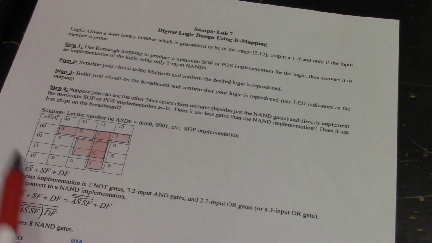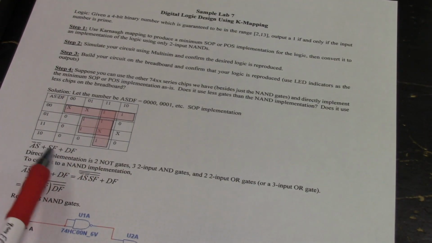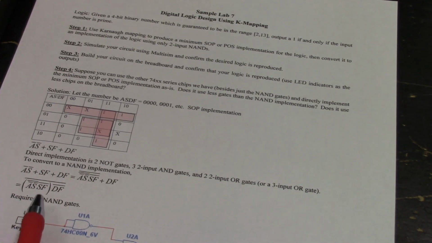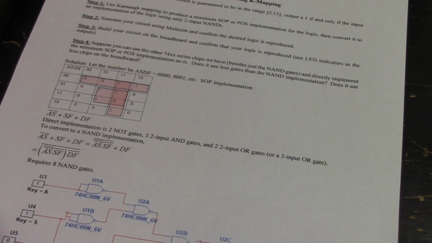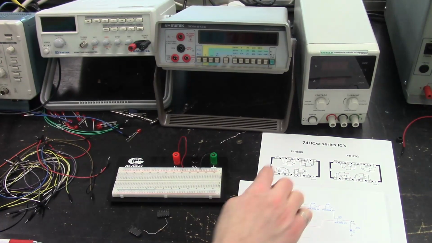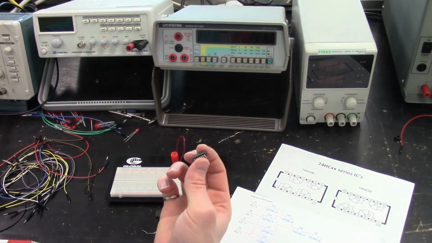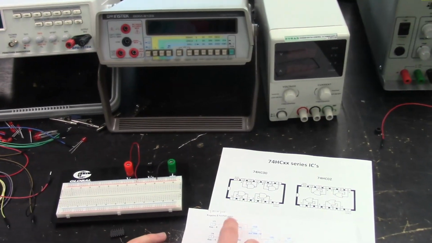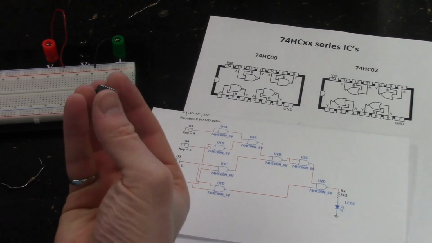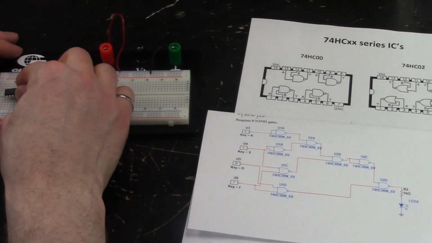And we've already analyzed this in the other video, done our K-mapping technique, and then implemented a sum of products, which we've then converted to a NAND implementation, and even drawn out in Multisim. So now we just need to implement this in the lab. We've got our 74HC00 quad 2-input NAND gate chips again, and based on the design we're going to need 8 different NAND gates, so we'll need 2 of these chips. So we can go ahead and put those into the breadboard,